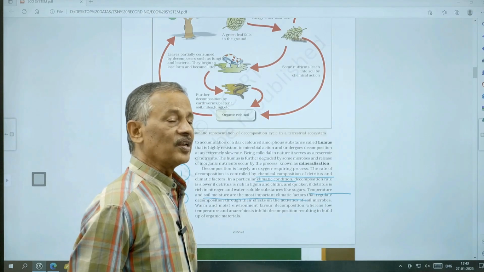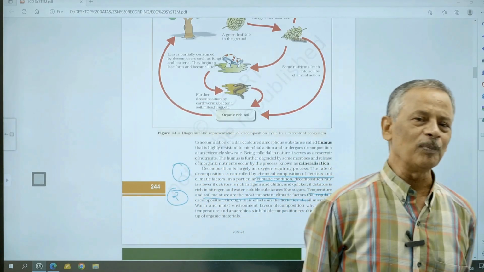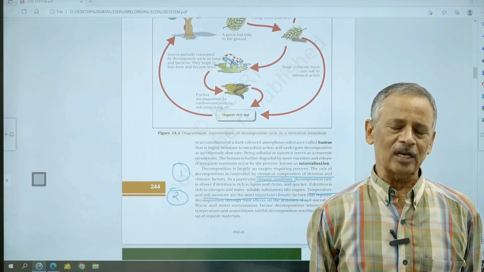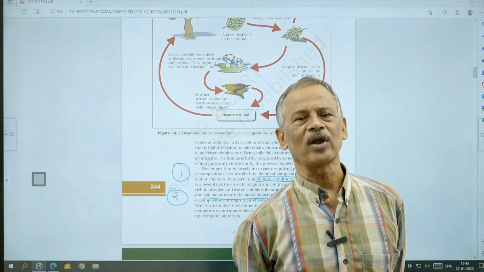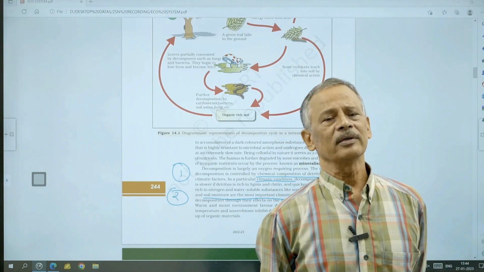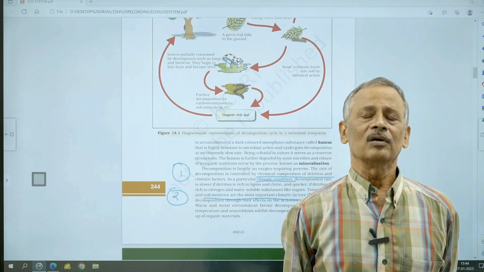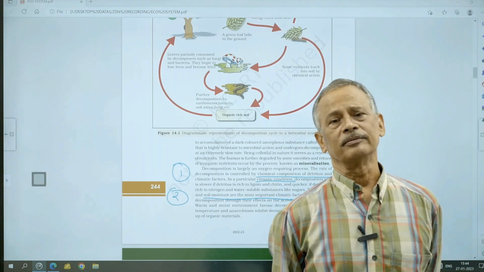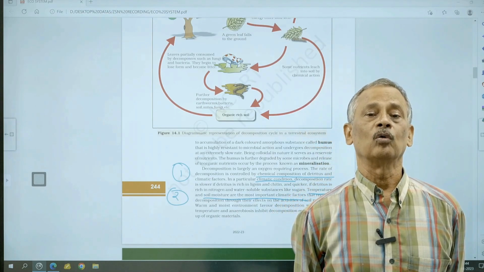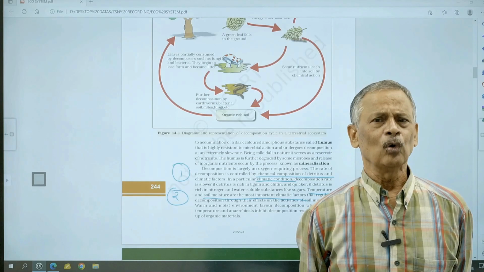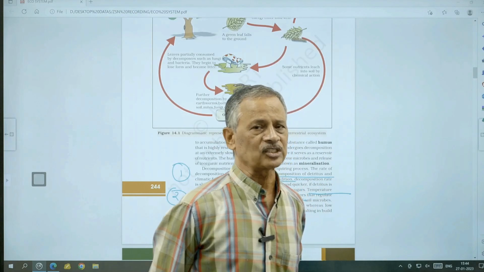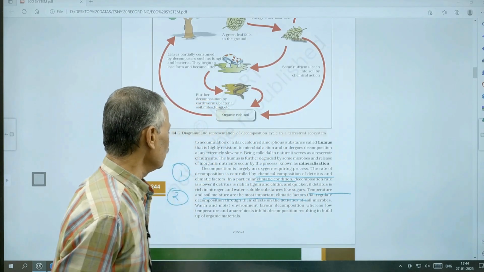Okay, this is the reason why if we keep our food items in refrigeration under low temperature, they are not putrefied, they are not damaged. Animals or human beings who die as a part of their mountaineering activities, their body will be preserved in the snow for years together. So in low temperature, in freezing temperature, microbial action is not occurring and so decomposition is not occurring.